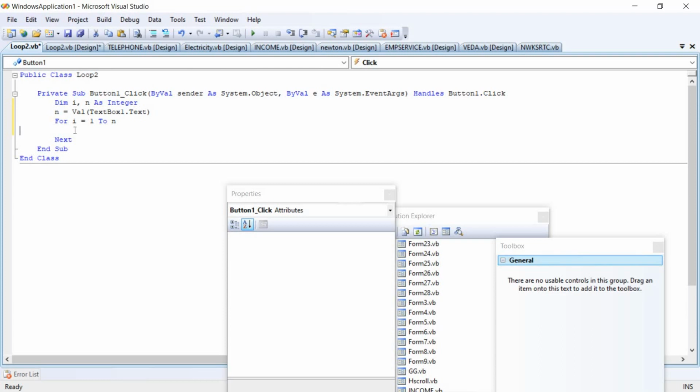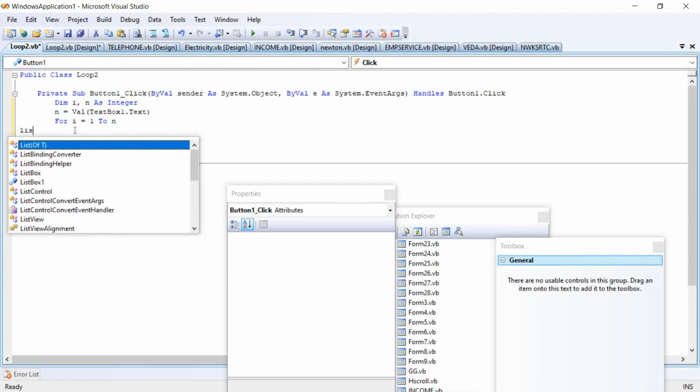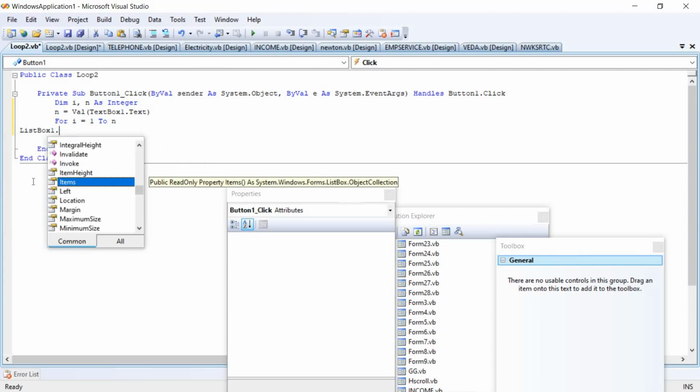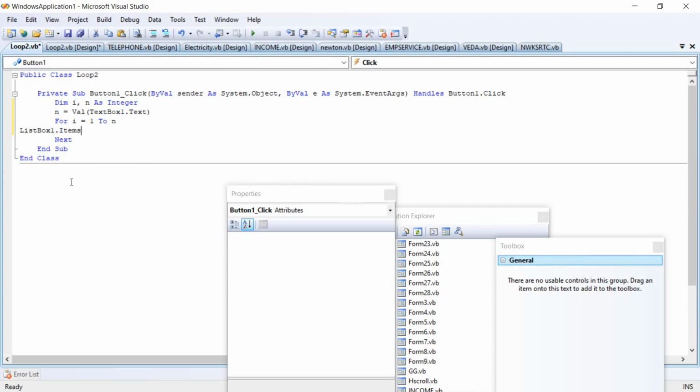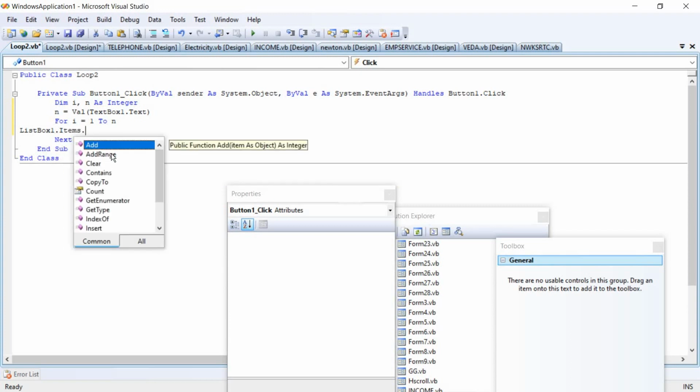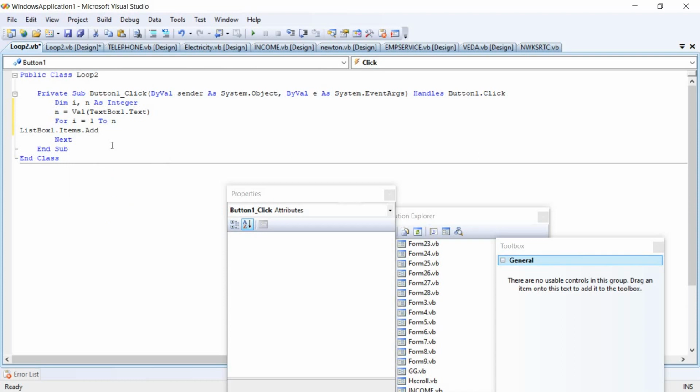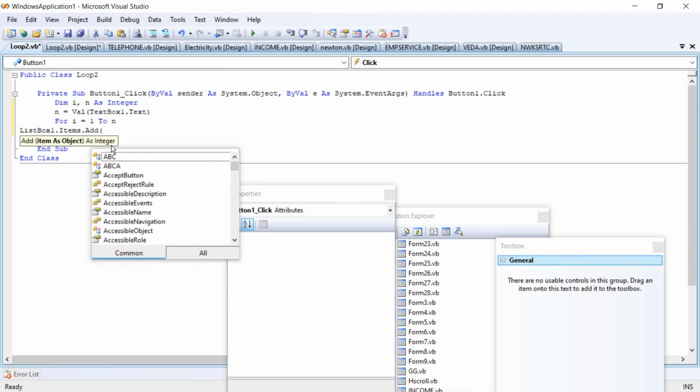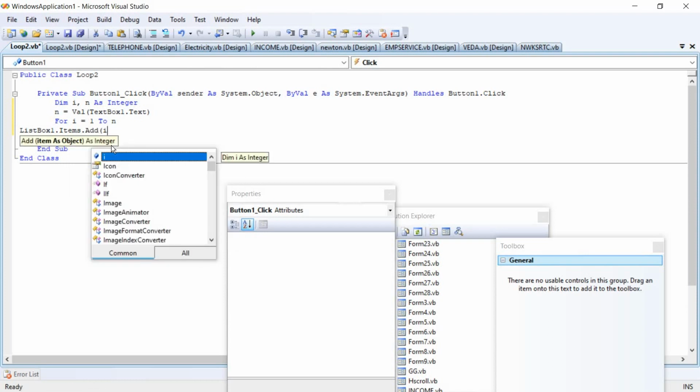Where we have to display the output, that comes out with list box 1 dot items property dot add method. Within this function we will be taking the I, because I will be changing after each iteration.